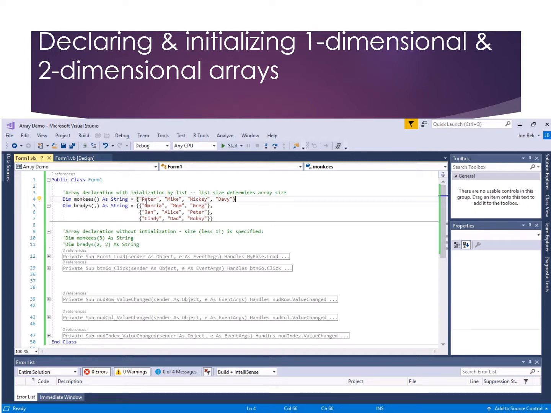So same thing for the Brady's. I've got Marcia, Mom, Greg in the first row. So the element 0, 0, element 0, 1, 0, 2, and then on the second row, so it'd be 1, 0, 1, 1, 1, 2, and so forth. Okay, so that's how we're initializing the array there. Now, it isn't necessary to put your data in at the time you initialize the array. Let's take a look at another way we could do that. We could